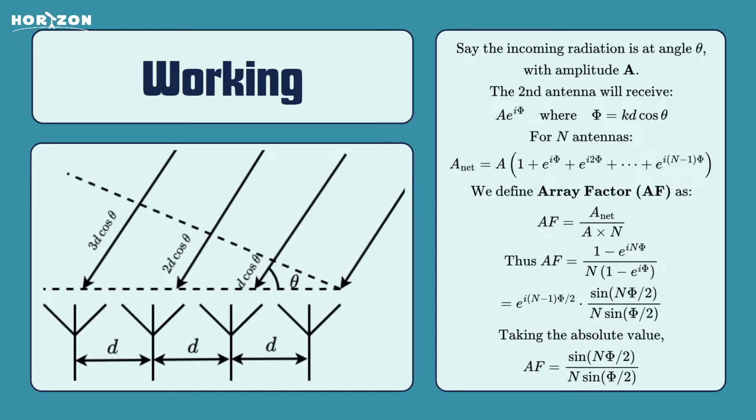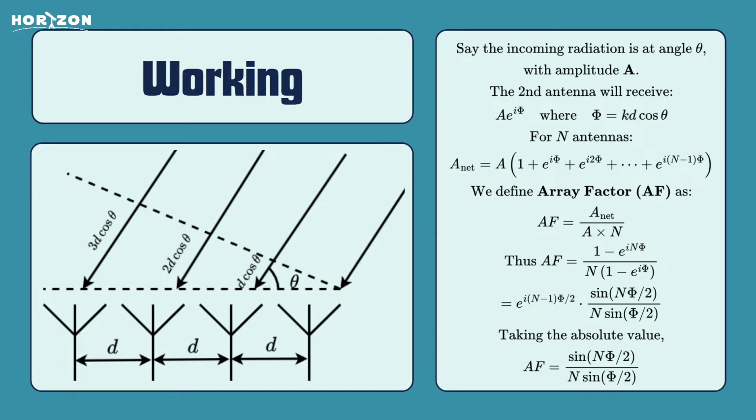The fourth will be 3d cos theta, and so on. So if I have n antennas, the last one will have a path length difference of (n minus 1) d cos theta. Fair. Now, as is true with any sort of waves, any path length difference will create a phase